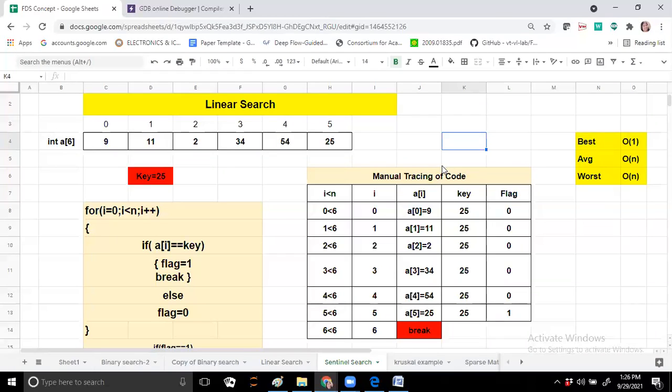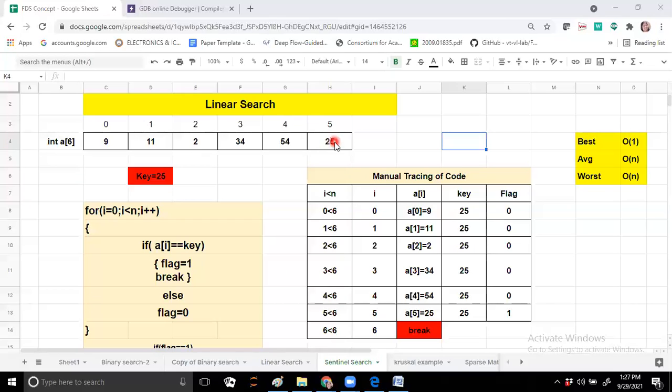So today we are going to see what is sentinel search. What is meant by sentinel search? It is somewhat a variation of the linear search. As we have seen what linear search is, we will now see the problem of linear search and how sentinel search overcomes it. First of all, we will briefly go through linear search and trace out its drawback, or what factor gets overcome in sentinel search.